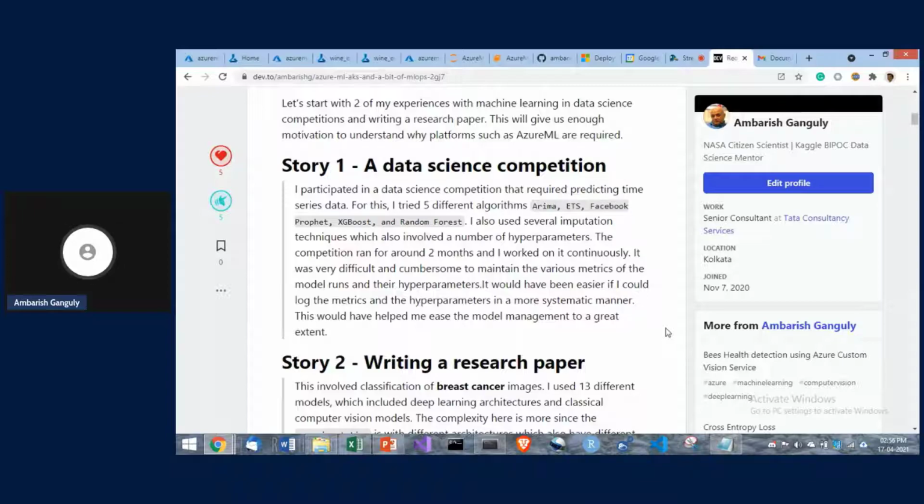So it was very problematic to really keep track of it. So there is a need for model management in cases where you're doing, say, experiments during my night time apart from my work. So I did maybe 2 to 3 experiments per day. That would come to around 60 to 70 experiments. So that was really cumbersome. So model management is a very important part.